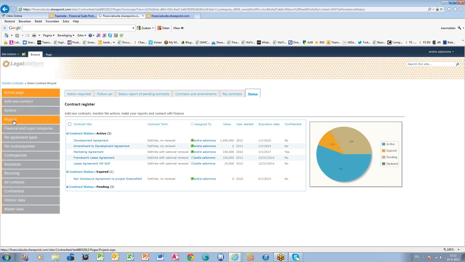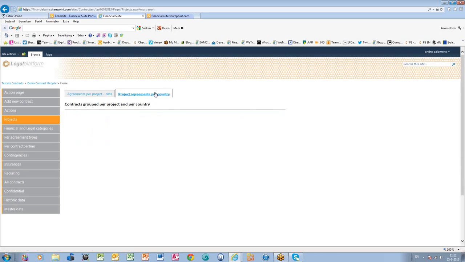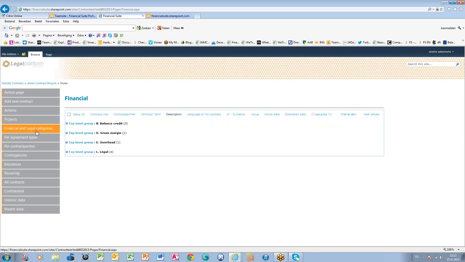It allows me to connect contracts to projects, and I can select and filter it here, and I can see it per country or any other sorting that I would want. I can place in this area. One thing that makes our contract lifecycle